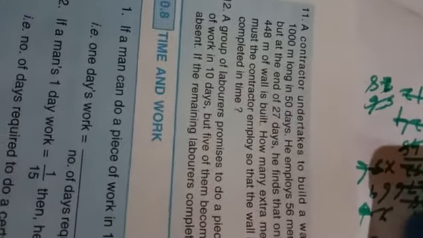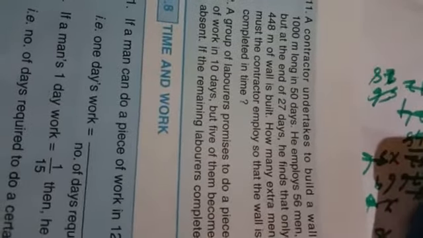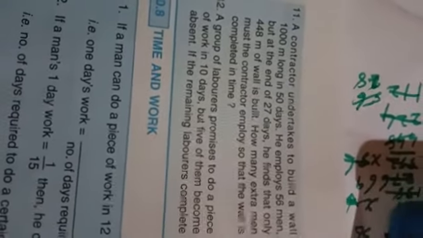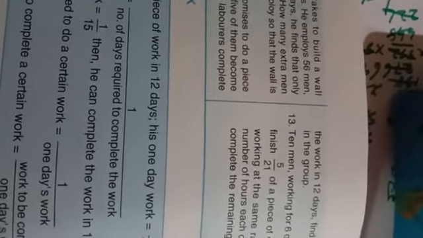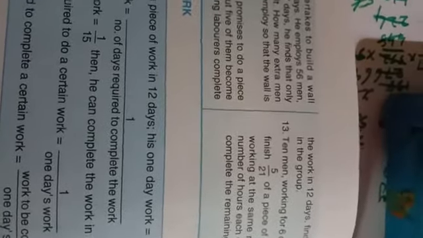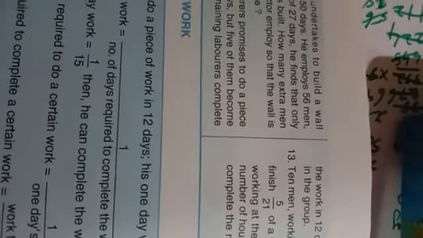A particular work they want to complete within 10 days. But 5 of them were absent. Then the remaining laborers complete the work in 12 days. Now we want to find the original number of workers. Okay, so here